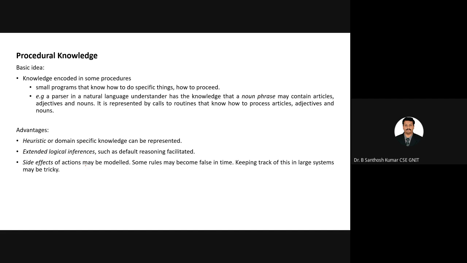Suppose, for example, one movie was released yesterday or the day before yesterday. Normally, people check the reviews. The reviews are available on news websites, on IMDb, or on Twitter. Most people have the habit of giving some review after seeing a movie. So you can download the reviews, and from that you can extract the information.